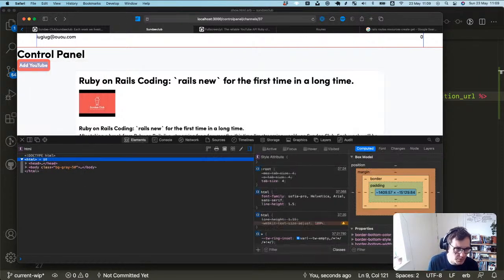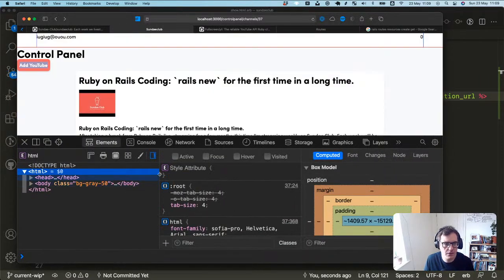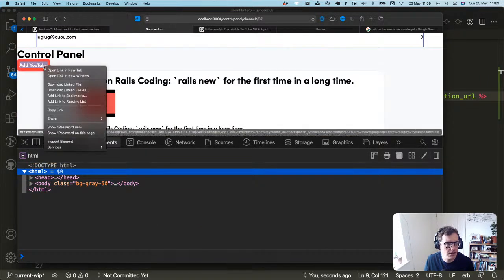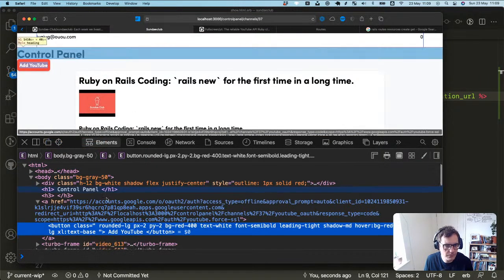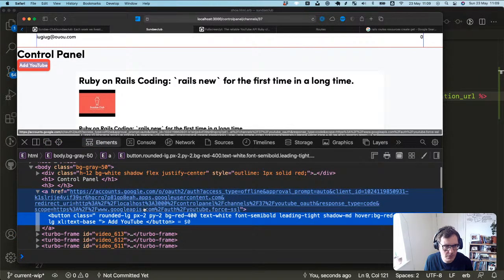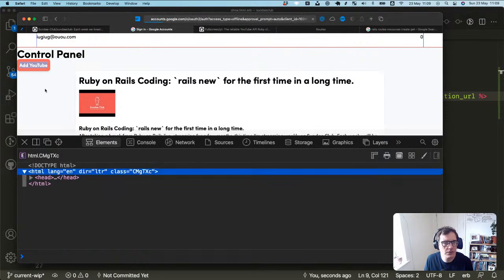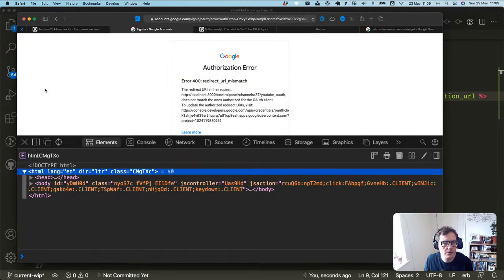Sorry, this font is super small here, sorry. So let's close this bit down. So if we inspect this, you can see we've now got localhost, blah, blah, blah. You can see all that stuff. And now, great. Okay, so the redirect URL in the request does not match the ones authorized for the OAuth client. To update the authorized URLs, visit. Now I've got that open in my other tab, so let me just